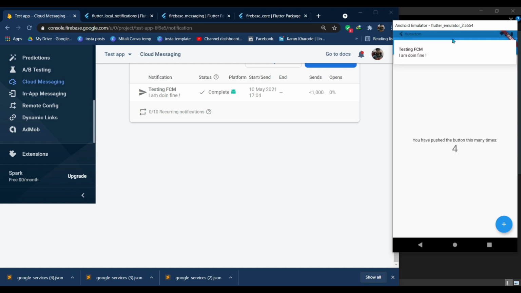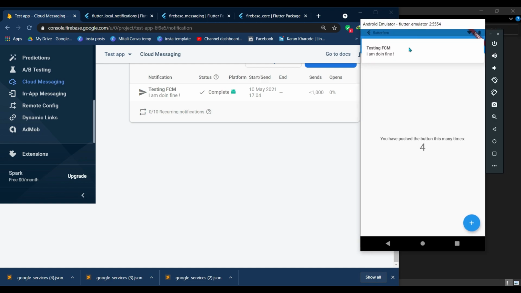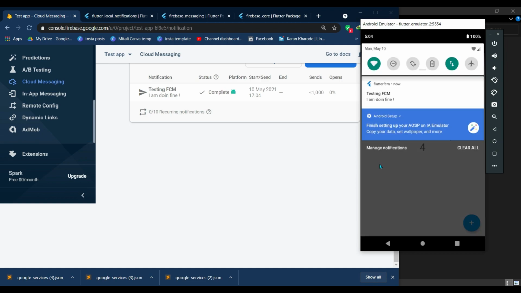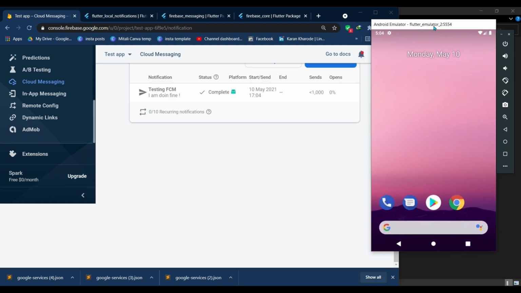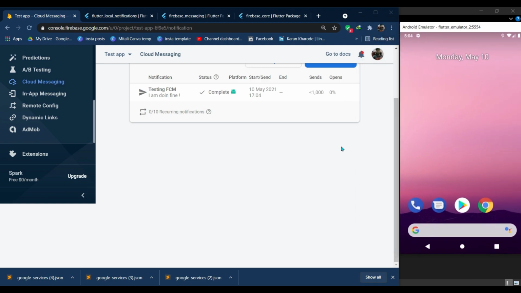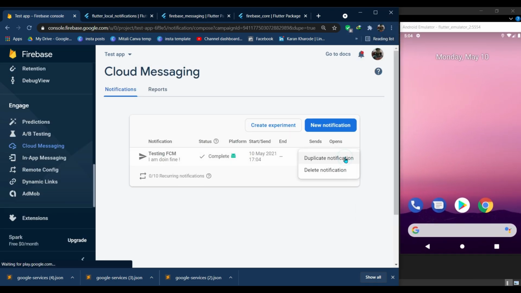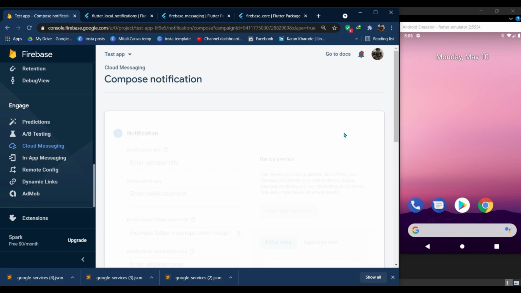Yeah, legendary. So the notification is here. You can see the notification. I just entered the title and the body, and it's matching here. The notification is arriving perfectly with the audio as well. I don't know if you might not be able to hear the audio, but the audio is coming because we just set playSound equal to true.